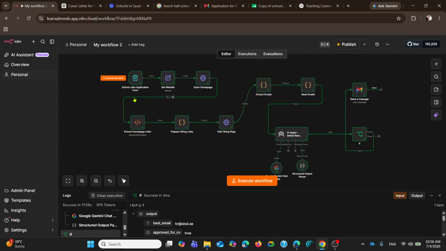Sometimes it is quite tedious that we go to a particular website, for example a school website. As a teacher, or anyone trying to find a job in schools, in the education industry, what do you actually do? You go to the website, then from that website you go to the careers pages and check whether a job is posted or not,